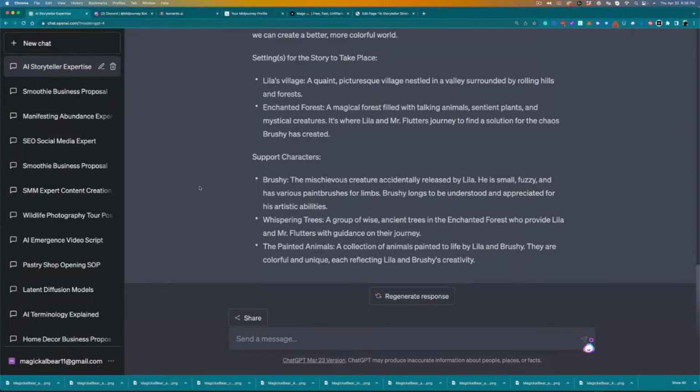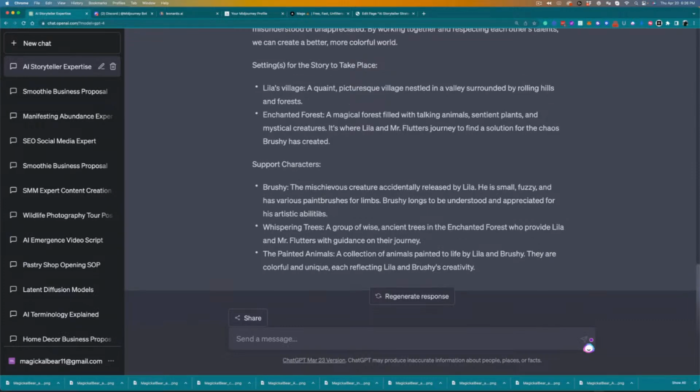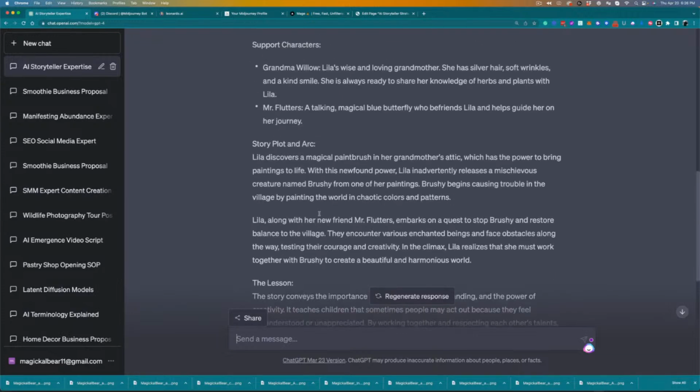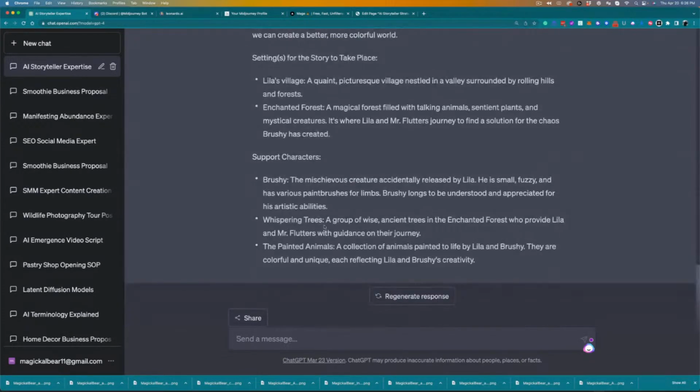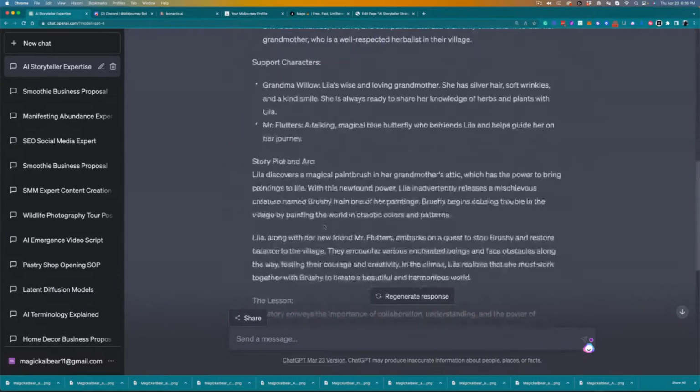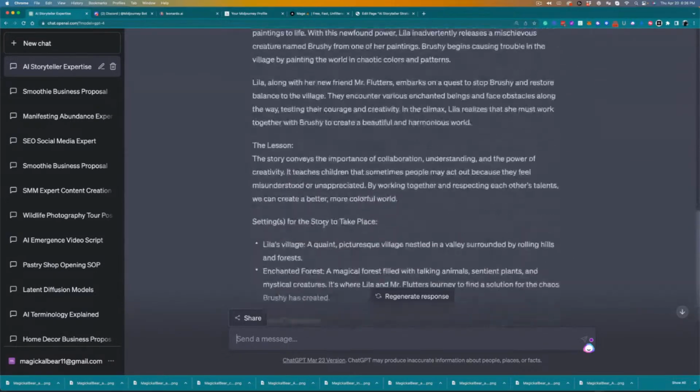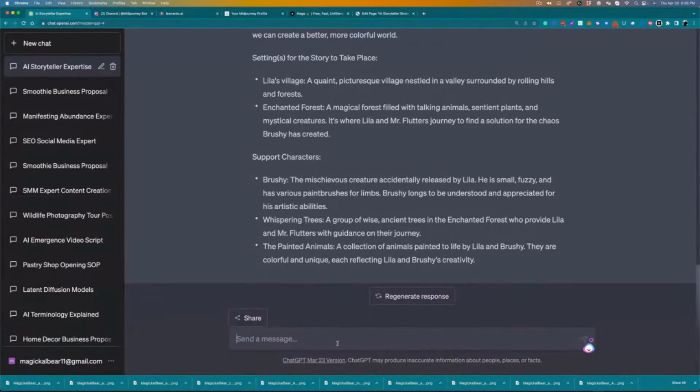All right, so now that we have this established, and remember, whenever you're working with chat, it remembers everything. And so whenever you're working on a story, like in this case, always keep asking questions within this same story. Just keep feeding it, because it will remember everything else that it's written up here. So you don't have to keep reminding it. All right, so now we can say,